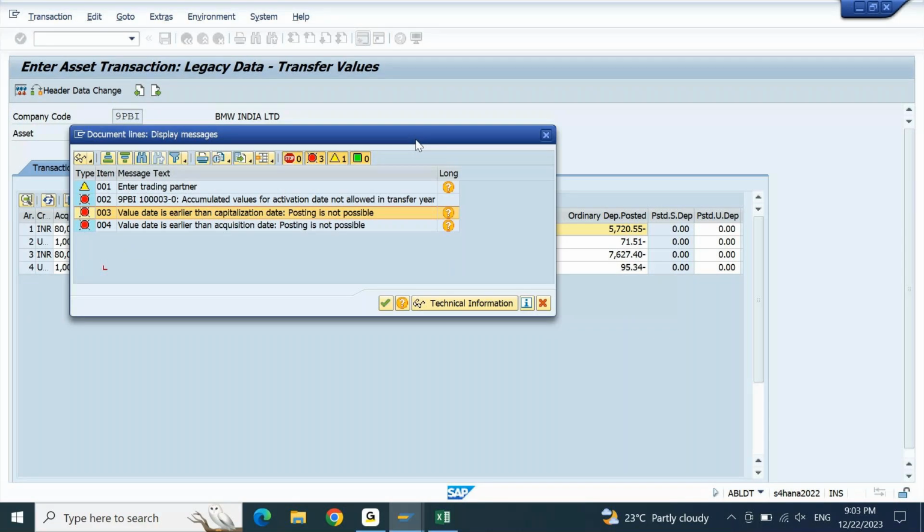Point number one, you have two scenarios in the asset legacy migration. First one is your current year acquisition, second one is your prior year acquisition. Now the scenario that we are executing now is current year acquisition. The system is considering what is your acquisition date and what is your takeover date. It is verifying your acquisition date with your takeover date. Takeover date is